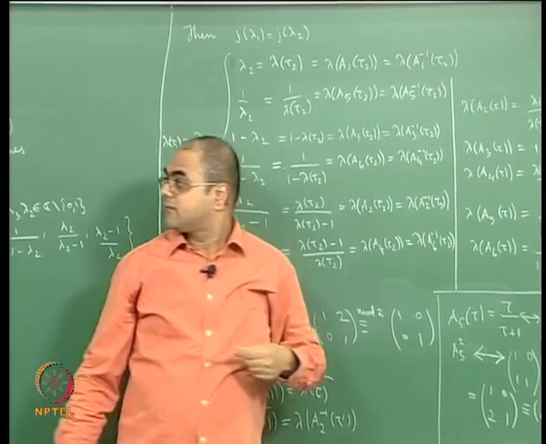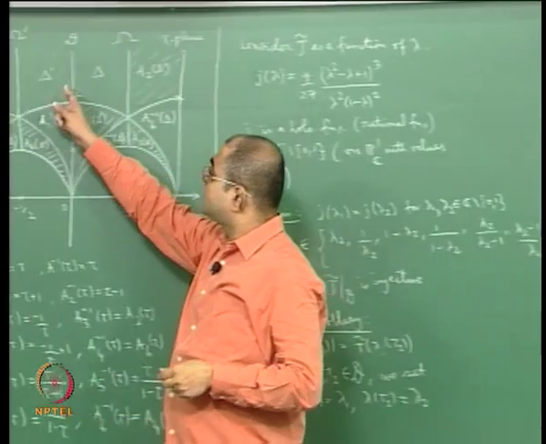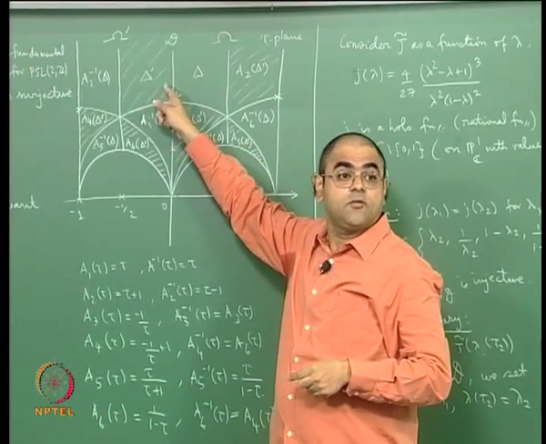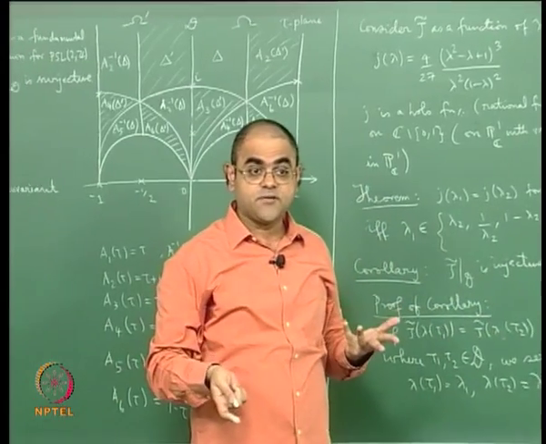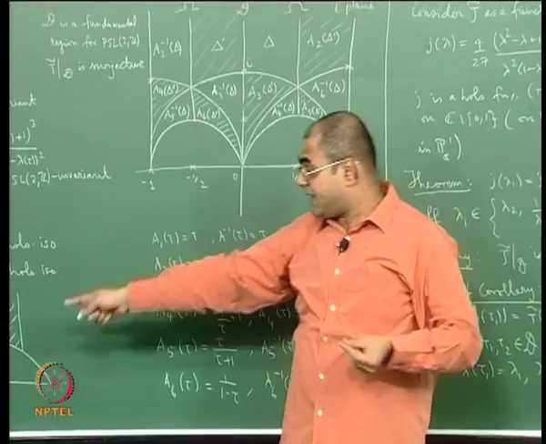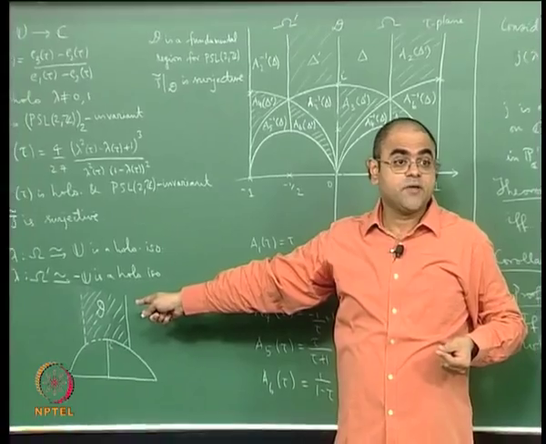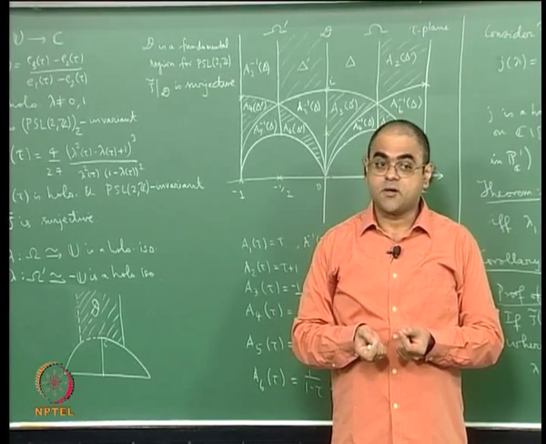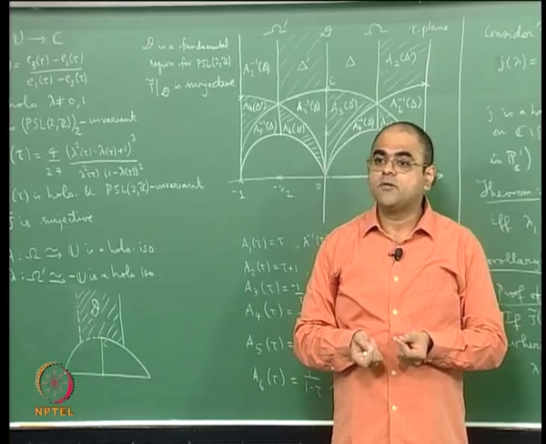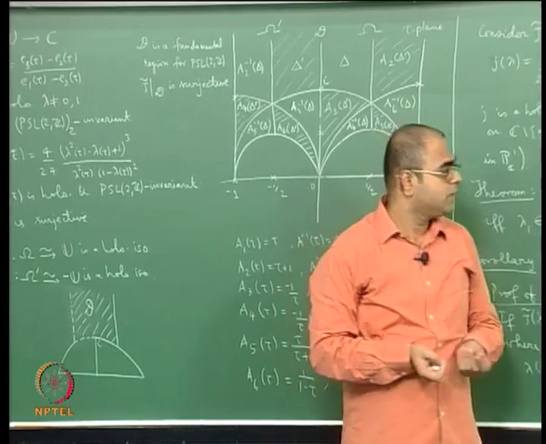But on the other hand tau 1 and tau 2 are in D, and all these Ai's and Ai inverses are PSL2Z elements, and the script D is a fundamental region for PSL2Z, namely you cannot have two distinct elements in a PSL2Z orbit inside D, and that will force tau 1 equal to tau 2,